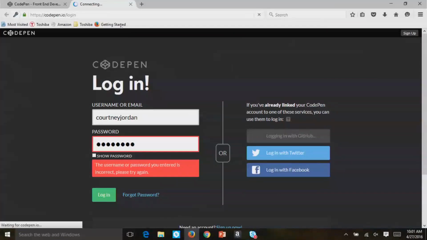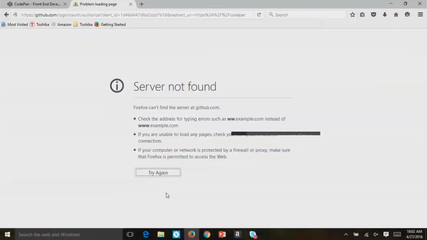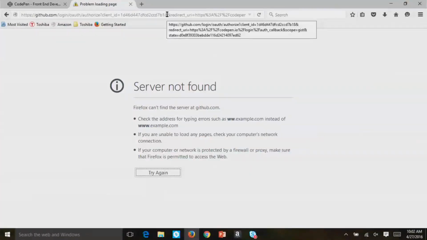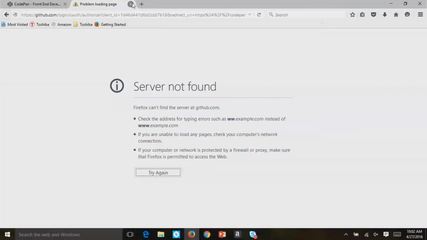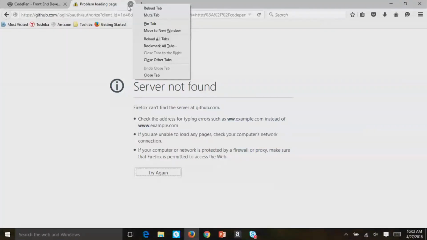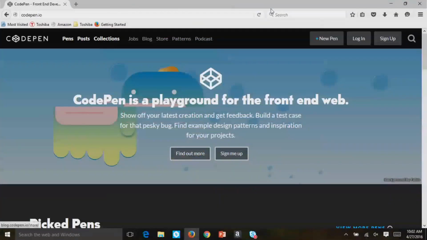Another really cool thing about CodePen is when you make an account, you can sync it with your GitHub, with your Facebook, or with your Twitter.